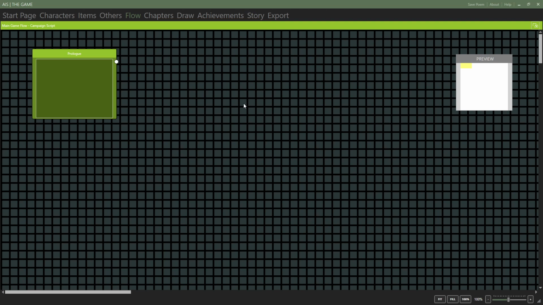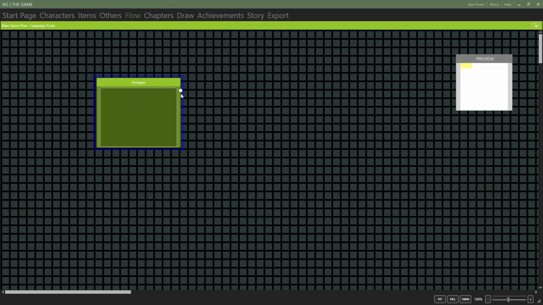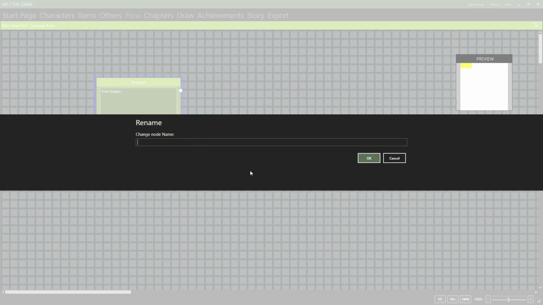visual representation of the main story of your game. In other words, you can say it's a chapter mind map. And this is the node. It represents the chapter. You can type description here. First chapter. By double clicking it, you can change its name,